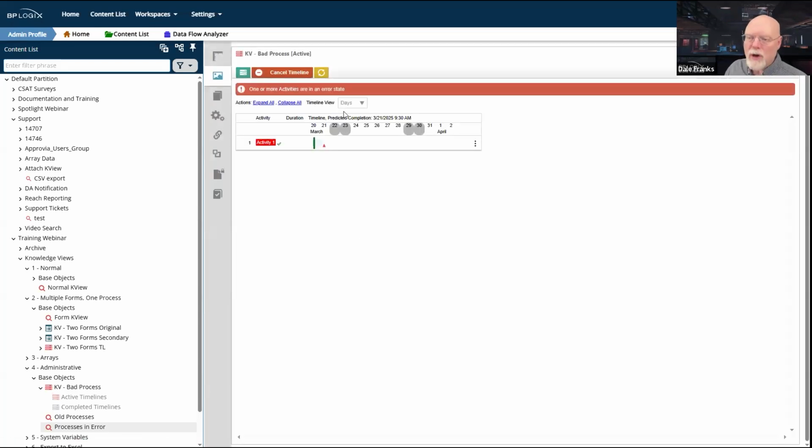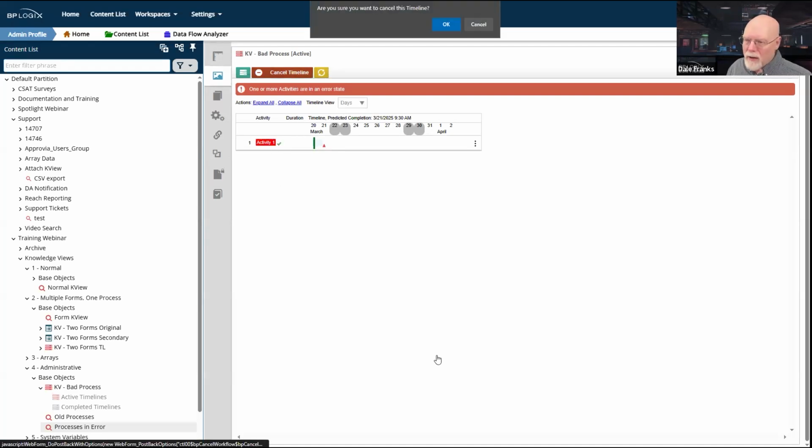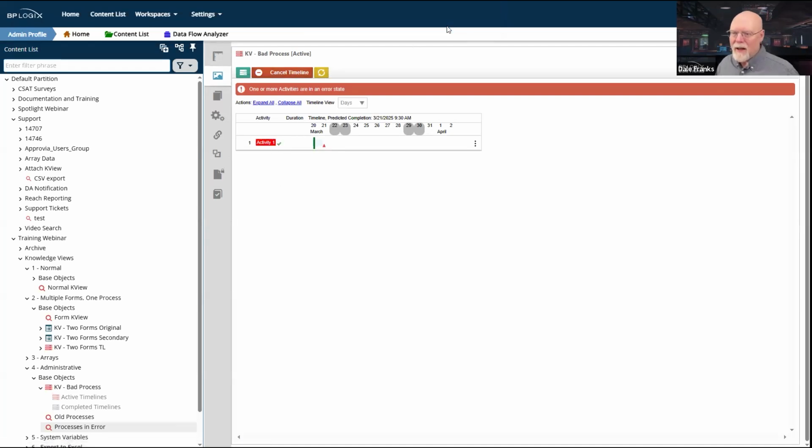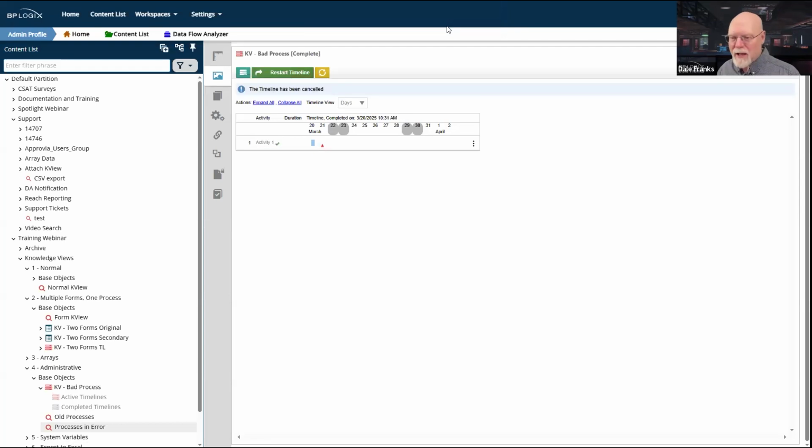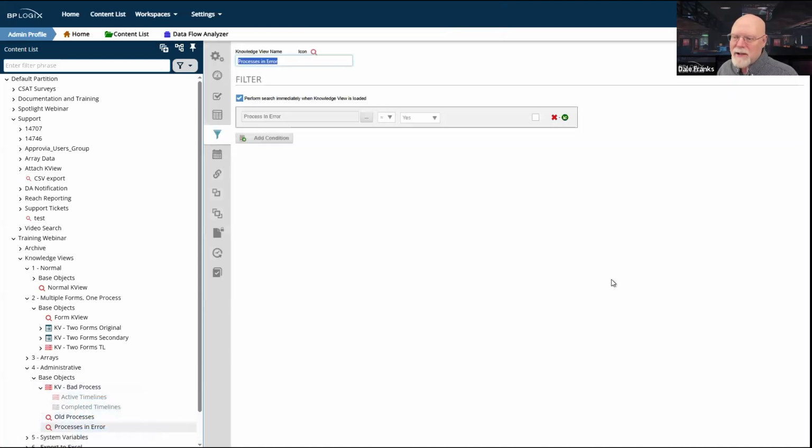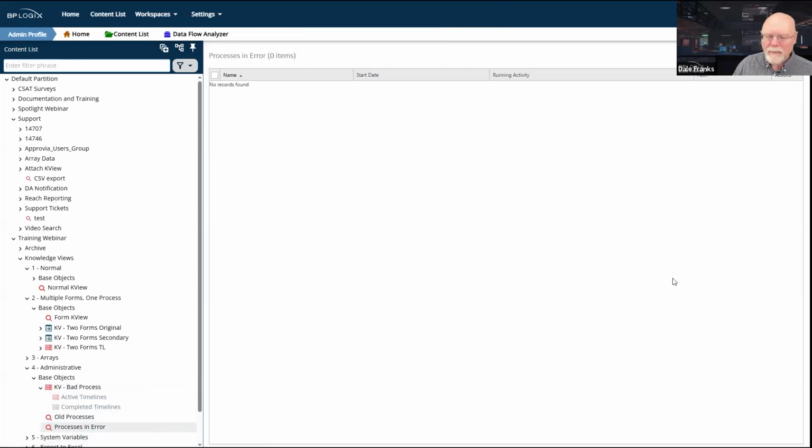And again, it will show me that this property is in an error state. So I'd need to go in and fix this error state, or in this case, fix it by just canceling the timeline. Okay, there we go. No more error problems. Timeline has been canceled. So now if I run processes in error, it's again going to be empty because I have no processes in error.